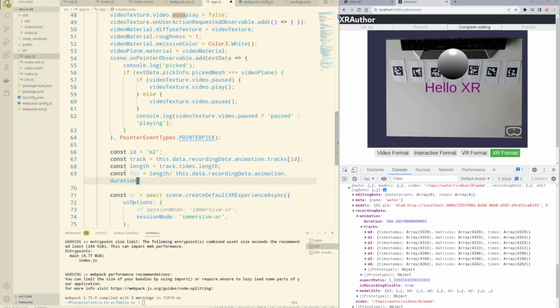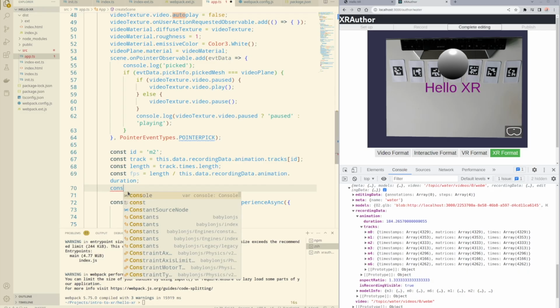Okay, so the total number of frames divided by the total duration. So this is the FPS, because the duration is the total time of the animation in seconds, and that's the total number of frames. So we get the frames per second. Okay. So the next thing,